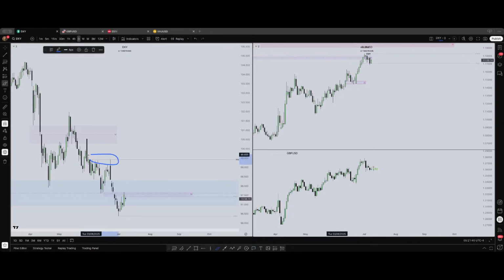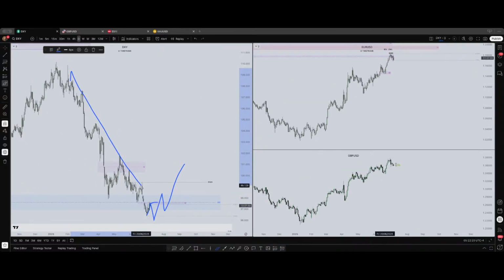I love this in dollar. All this area, you see all this? It's perfectly equal, almost equal highs. So I'm really interested in dollar going higher at some point. What can happen is this: price drops and then breaks structure here, and then we can expect a dollar going higher and forex USD, GBP/USD falling. So we have a lot of liquidity here. That's important, okay?